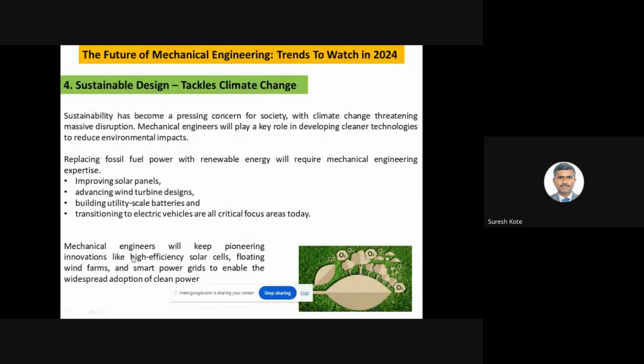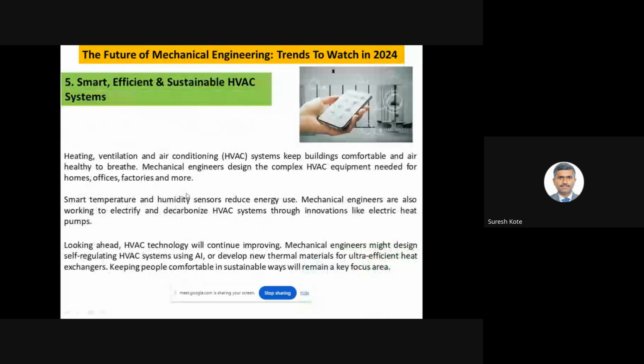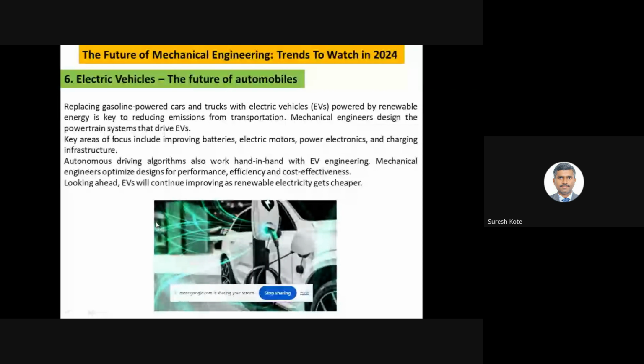Mechanical engineers will keep pioneering innovations like high-efficiency solar cells, floating wind farms, and smart power grids to enable the widespread adoption of clean power. Some more areas are smart, efficient, sustainable HVAC systems: heating, ventilation, and air conditioning systems keep buildings comfortable and the air healthy to breathe. So these are the areas mechanical engineers can explore further, and electric vehicles